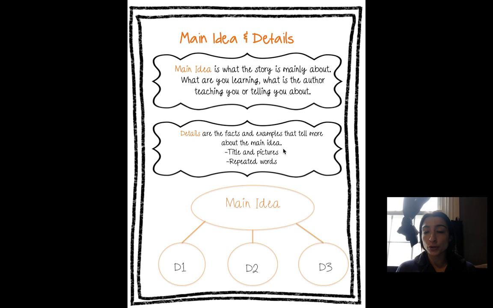So when you read your story, Life on Ice, I want you to think about what the main idea is, and then find three details. You don't have to write them down today. You're not going to be filling out our graphic organizer today, but I want you to really think about those things as you're reading. When you work with me in small group, we'll be working on a smaller passage of finding the main idea and details. The main idea is what the story is all about, and your details are the little things that give you hints about the main idea.